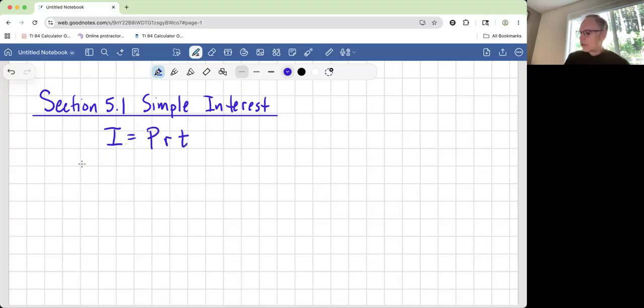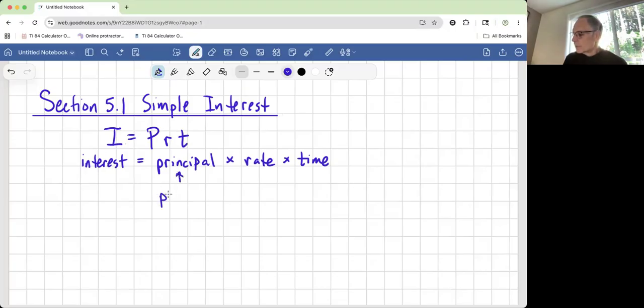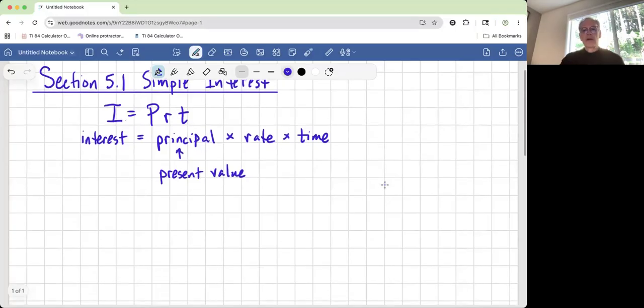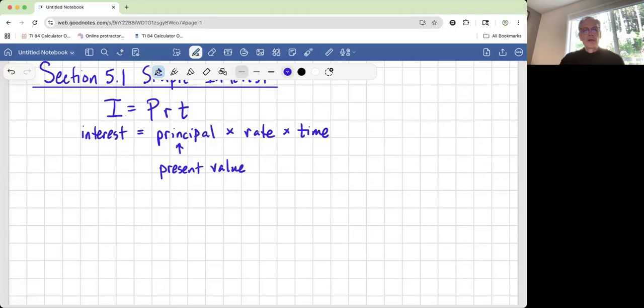I equals PRT, and that stands for interest equals principal times the rate times the time. Simple as that. Principal times rate times time. The other thing is that principal we can also refer to as present value. Okay. So that's how to find out the amount of interest earned over the course of time with simple interest. Now, if we wanted to figure out the future value in our account,